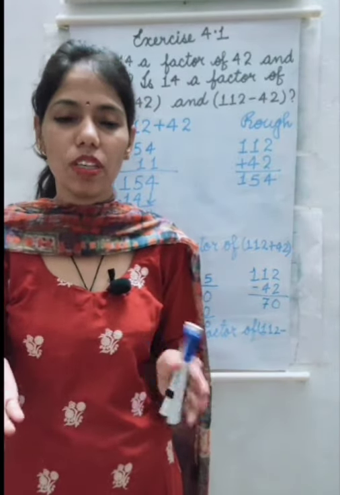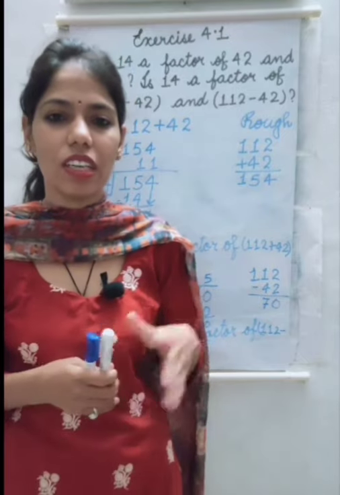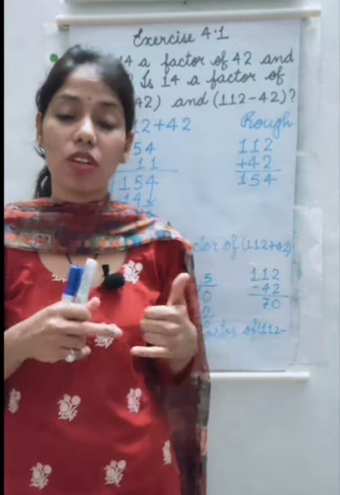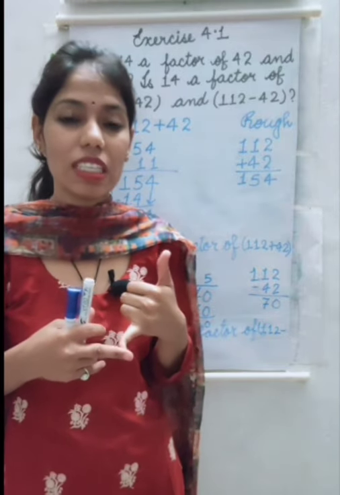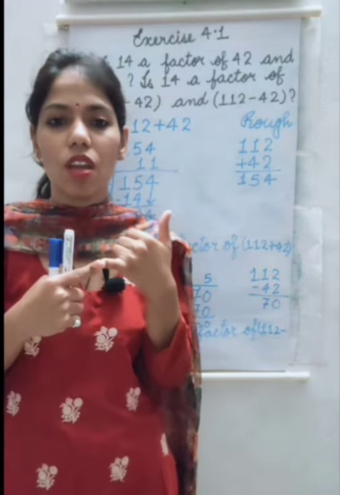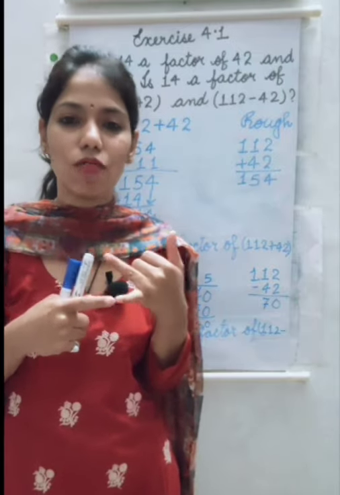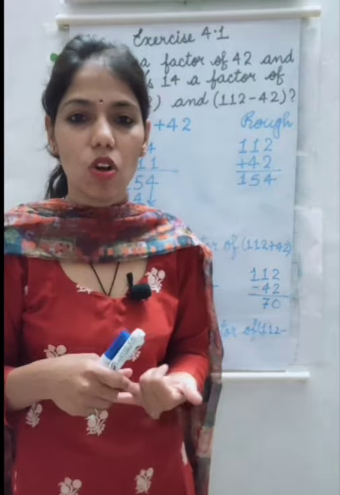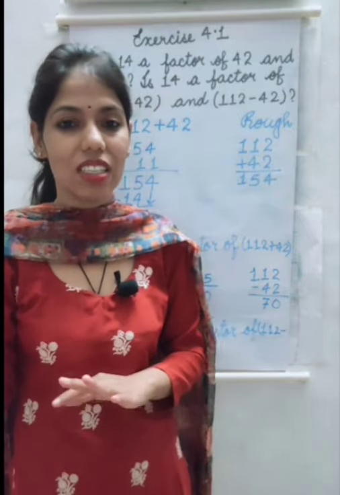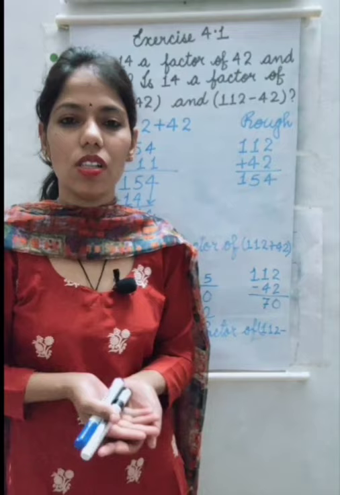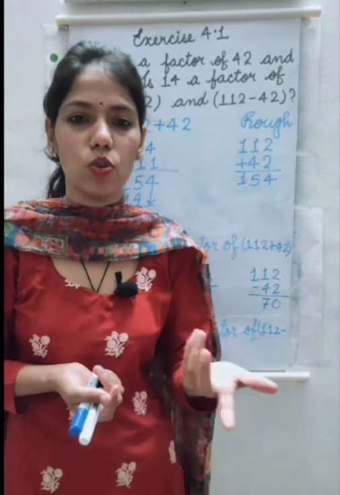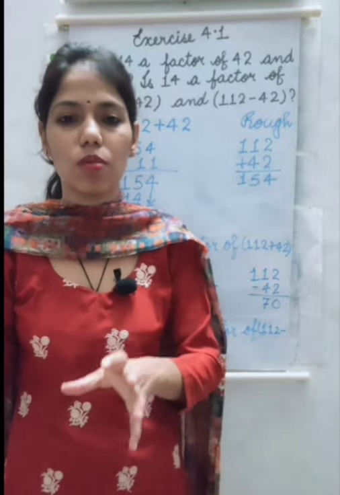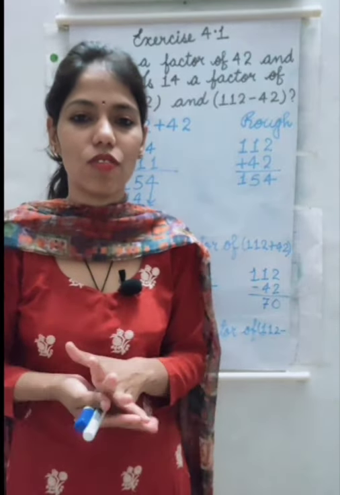If it is divisible by 2 and 3, then as we have studied in the divisibility properties, there we studied about the property of 6. If a number is completely divisible by 2 and 3, or we can say if a number is divisible by 2 and 3 both, then the number is automatically divisible by 6. So first you will divide this 54 by 2 and 3. If it is divisible, then you can write yes, 54 is divisible by 6. That you have to do as division work.